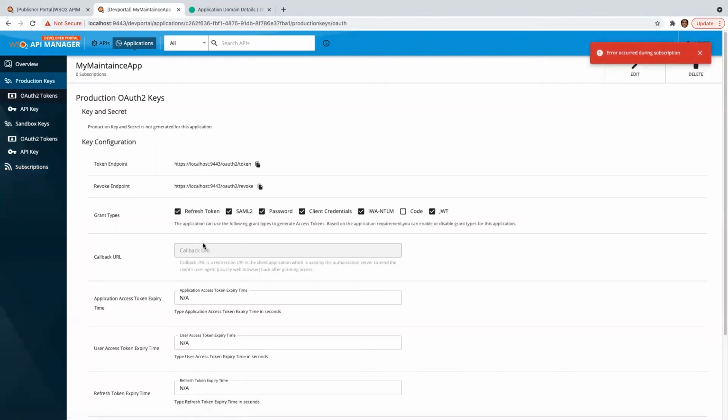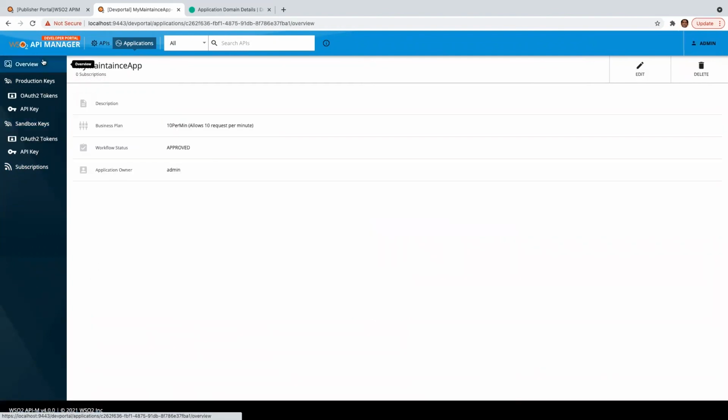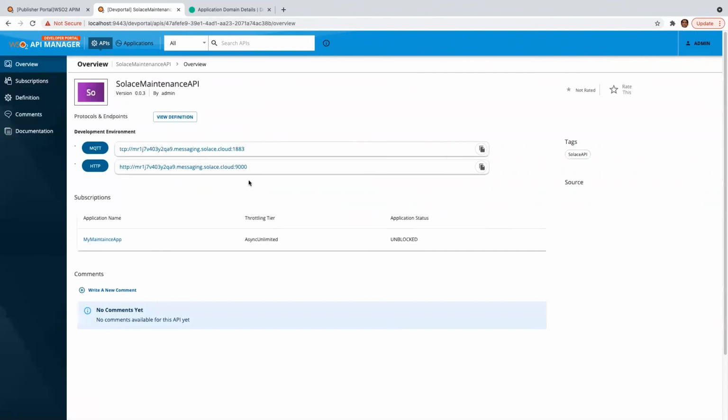Once the subscription is successful, you can simply go and generate the keys that are required to access the API, and then embed these keys in the subsequent calls to these endpoints. Yeah. So I hope this gives you, of course, it's a short demo, but at least a high-level idea as to what a managed eventing API or a streaming API is, and what its developer experience can be.